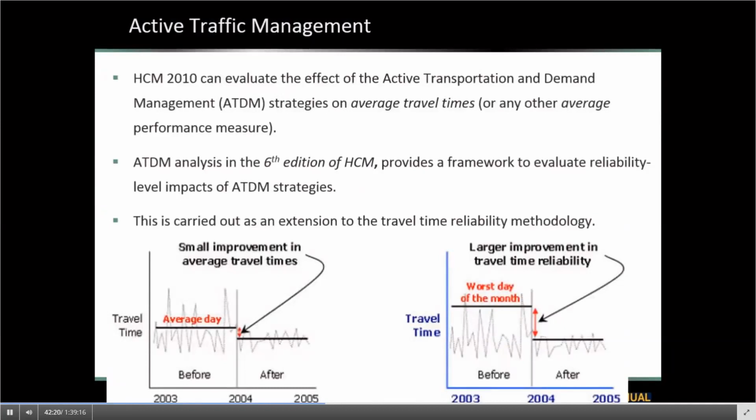One of the things that the new HCM brings is that, well, those average travel times are great, but in the real world, we do have some things that happen, like non-recurring sources of congestion, such as severe weather, incidents, special events, and work zones, that will change travel time day by day. And as you can see on the left graph, those fluctuations in the travel time actually are caused by these sources of congestion.